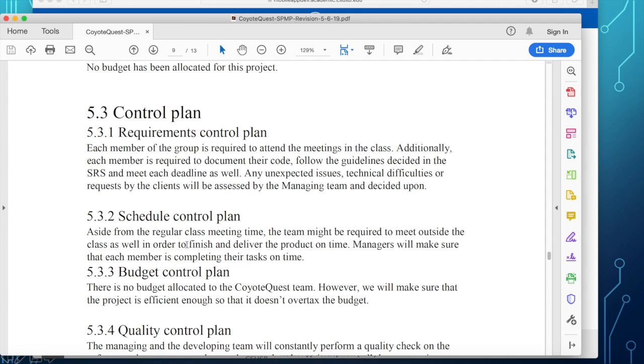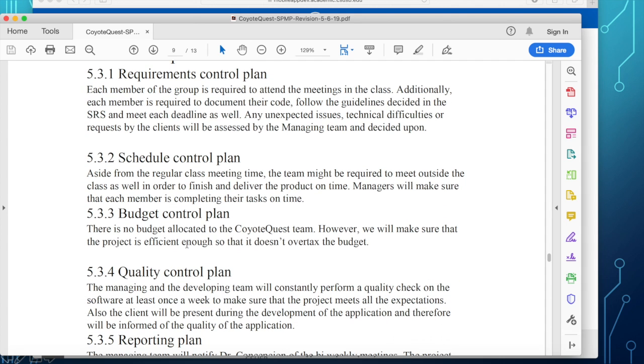Schedule. If during the middle of our development you realize you cannot meet your deadline, how do we handle that? How do we change the schedule from a specific deadline to another deadline?